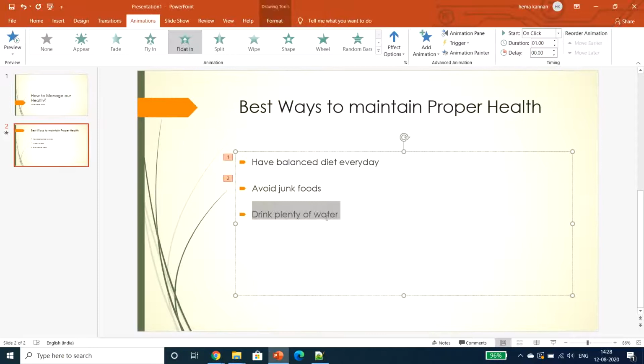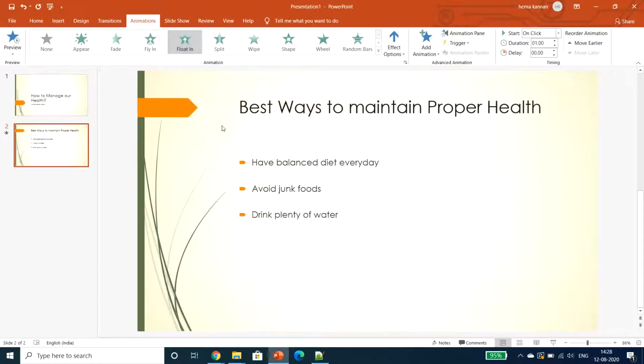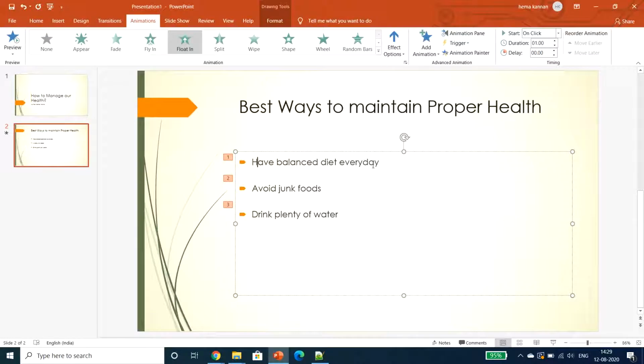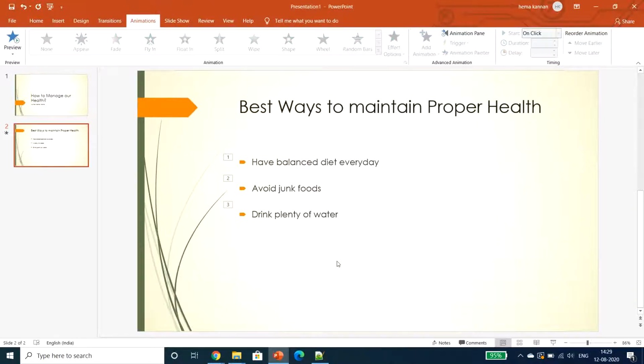Then select this one, Float In. As you see, the numbers will be ordered by themselves, that is 1, 2, 3. First it will show this point, second it will show this point, and third the last point. In this way we can add a new slide and make a good design and animation for our new presentation.